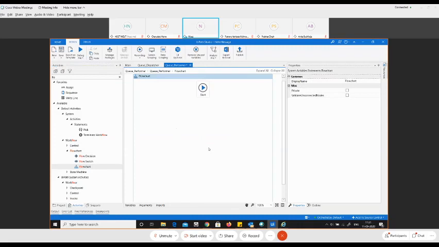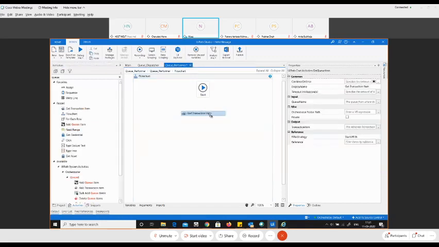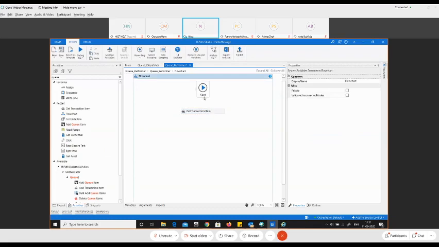Now, in this flowchart, the first activity that we're going to use is Get Transaction Item. I'll repeat again: the activity name is Get Transaction Item. I'll connect it with the start node.